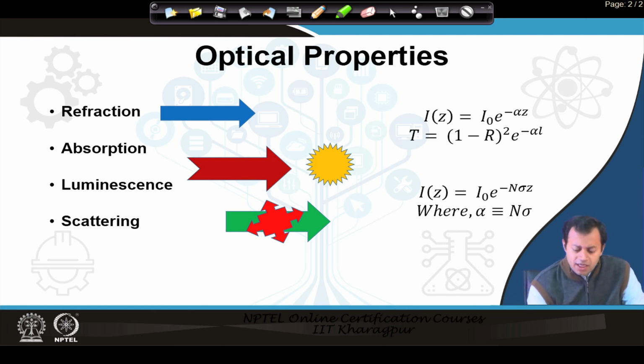And this is usually given by this particular formula. This is Beer's law, in which the intensity of light moving in z direction inside a medium is given by I naught, the initial intensity, the maximum intensity at z equal to 0, times e to the power minus alpha z, where alpha is the absorption coefficient, the power loss per unit length. Okay. So, this is the formula, and we can therefore, from the absorption part and the reflection part, figure out